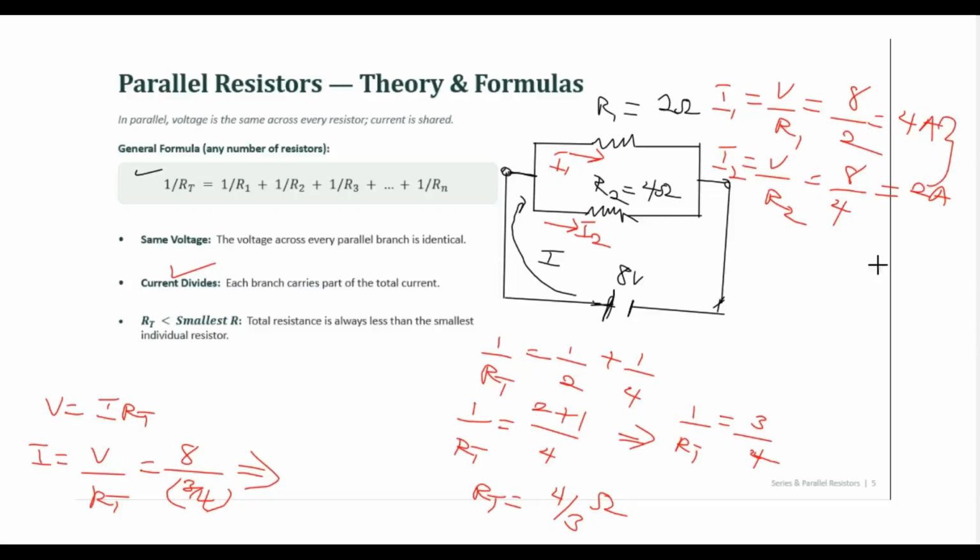So by the time I add these currents, it will give me the total current, which is going to be equal to 6 amperes. Now, apply this formula here. If you want to get total current directly, this is like saying 8 over 4 over 3. That will give us 8 times 3 over 4, so that's going to give us 6 amperes. So you can see the total current here is 6 amperes when we calculate the total resistance and use it straight to get total current. But if we calculate the currents individually and add them up, we're still going to arrive at